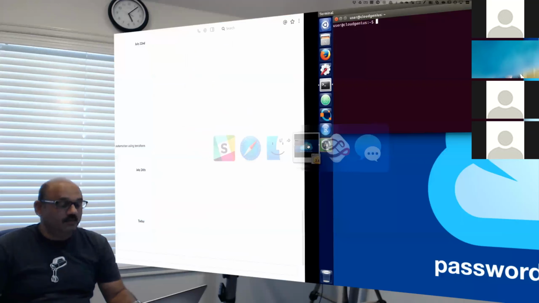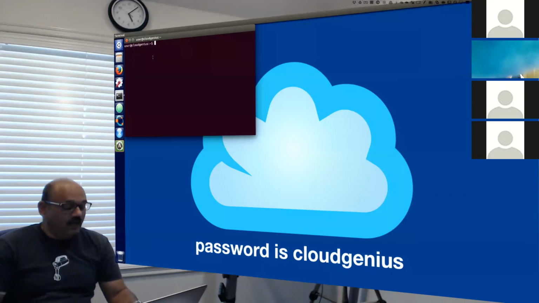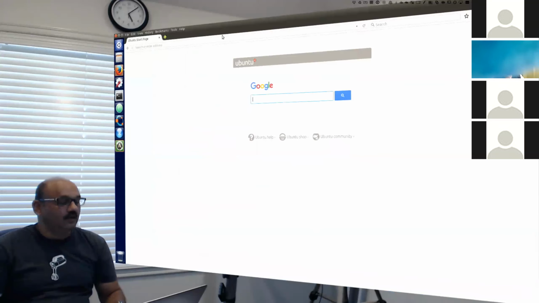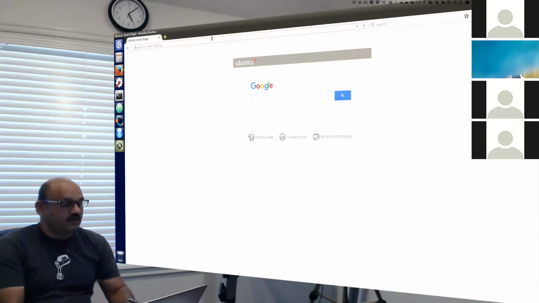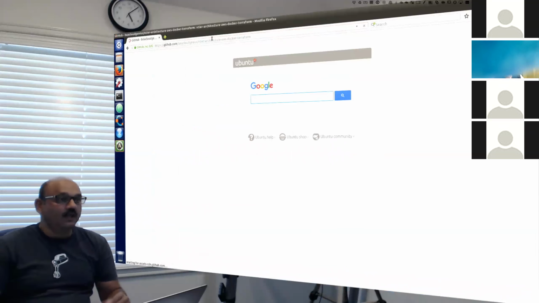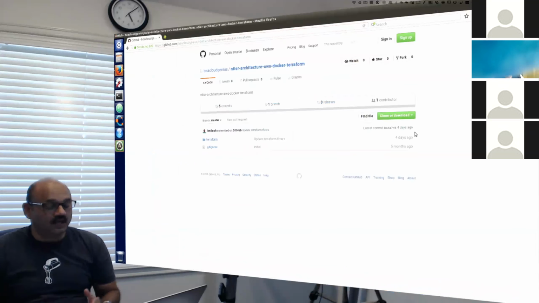I will be going to this machine here and cloning that repository as shown on GitHub. I'll open it up in Firefox in the web browser, and here that same repository opens up like this. I'll grab the HTTPS link from there for cloning or downloading. Grab that and bring it down.